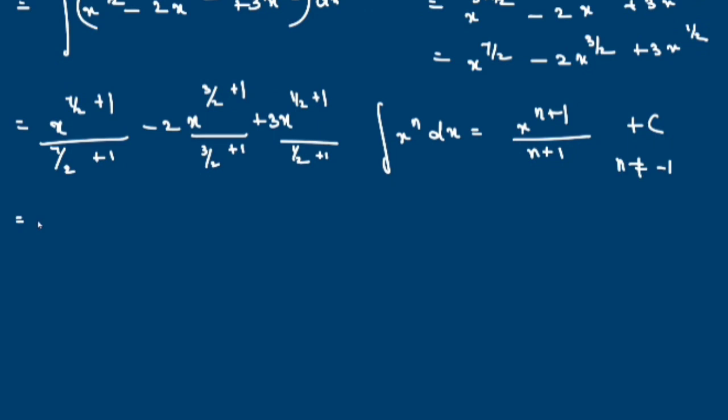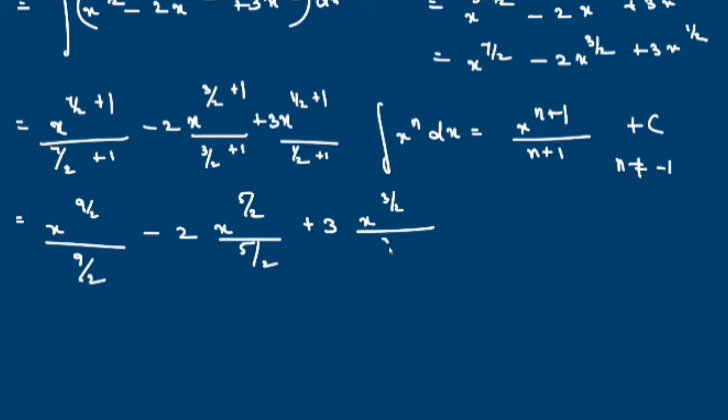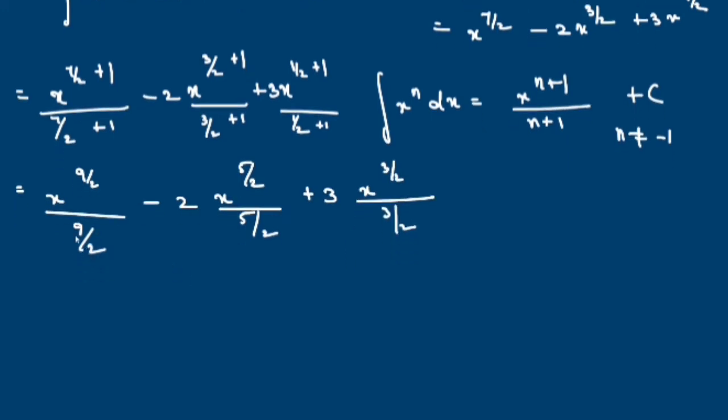So that is equal to x power 7 by 2 plus 1 is 9 by 2, by 9 by 2, minus 2 x power 3 by 2 plus 1, 3 plus 2, 5 by 2, by 5 by 2, plus 3 into x power 3 by 2 by 3 by 2. So you can take the reciprocal of this, it will become 2 by 9 x power 9 by 2, minus, take the reciprocal, 2 goes up, so minus 4 by 5 x power 5